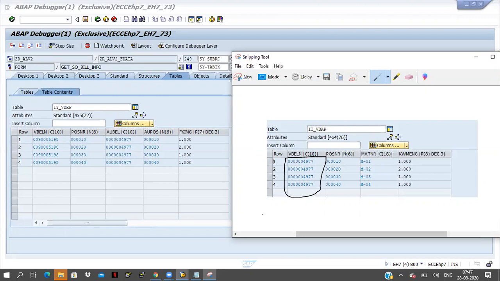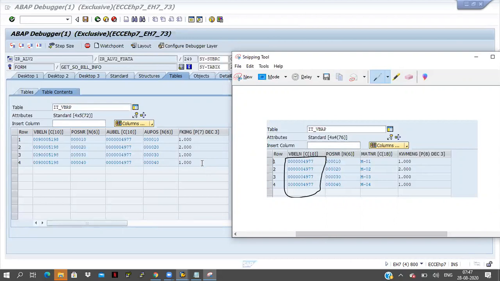Fine. Now, what is the quantity for item 10? Quantity equal to 1 here, and 1 is matching here. On the second item in the sales document number, quantity equal to 2 here, and the same thing, 2 is coming here also. Fine. On items 30 and 40, quantity 1 is coming. So for the single document number, they are generating one single item only. Means at a time they are dispatching all the material. How much they are ordering, all the quantity they are dispatching at a time.